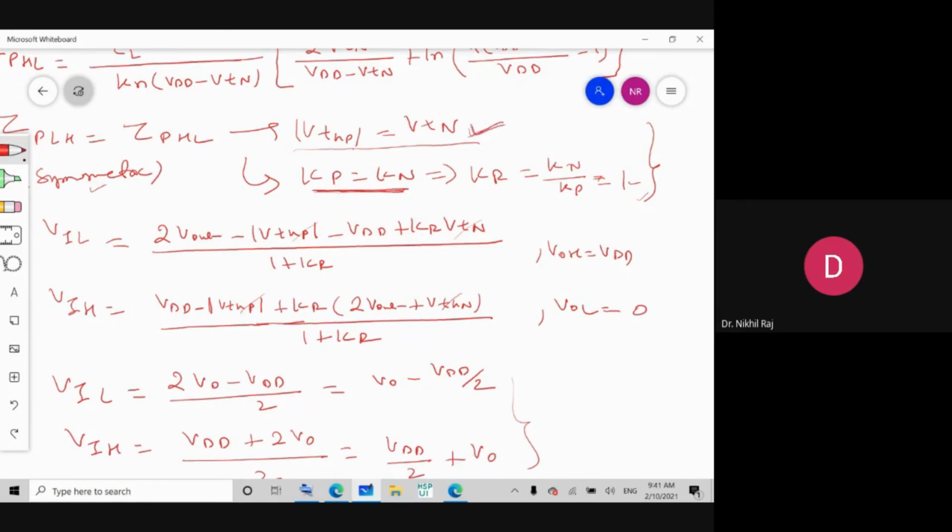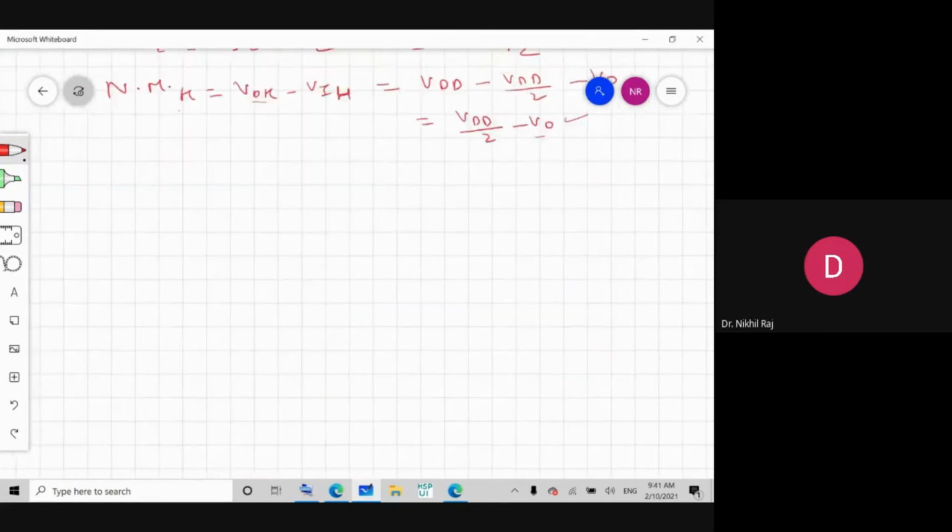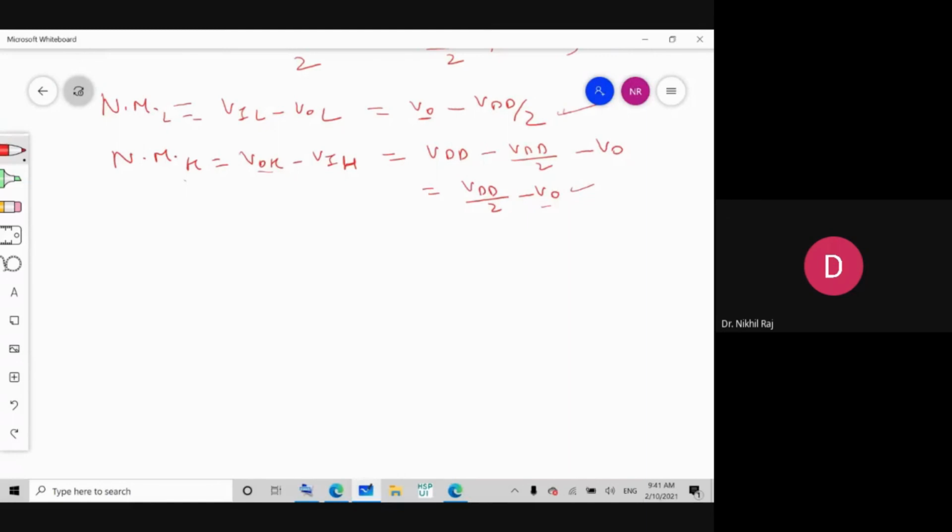Threshold voltage is not in our hand. Threshold voltage depends upon the manufacturing. So threshold voltage modulation we can control to some extent by using the backgate or body effect, where the threshold modulation takes place. By that mapping, we can somewhat control the threshold voltage to make them equal.